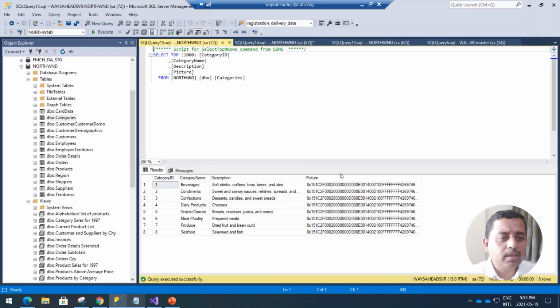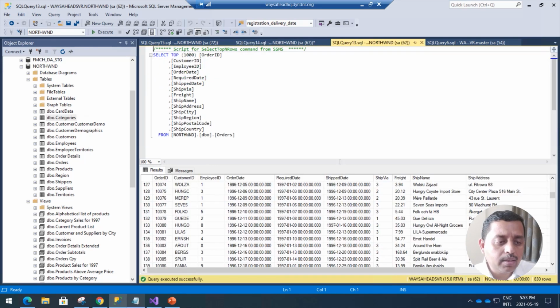So first of all, we need to understand the dimensions and the fact. Right now, this categorical data forms the part of the attribute that we were talking about. And if you talk about these orders, they are a part of the fact. Fact means these are transactional kind of data, right? Which is a part of your data store.